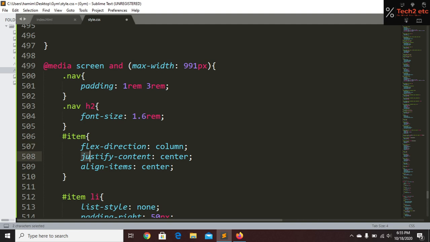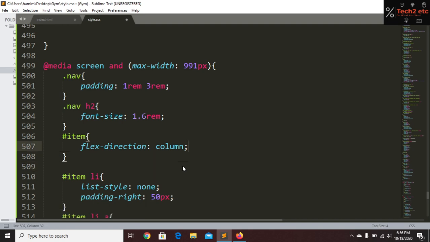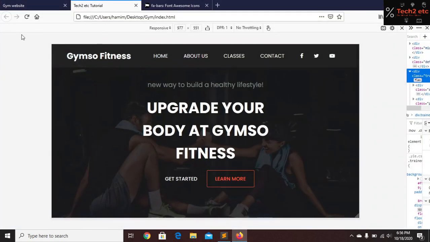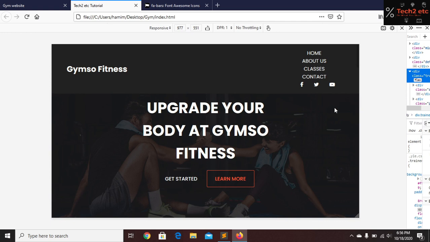And justify content will be center, and the align items will be center. I don't want to change this line also, so that's why delete this line, and save, go to the website and refresh. So here you can see that now we have everything in one column. Okay,